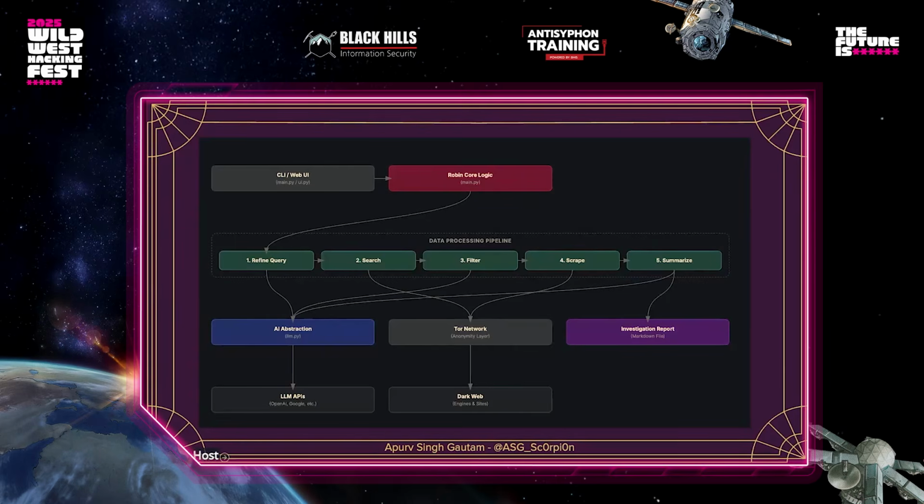And then at the end it is scraping. Once you have those 20 results, it finally goes to those sites, scrapes all the content, and at the end summarizes it. And in the summary, I will also show you the actual prompt I've used and how I've tuned it, so you can see how the output comes. It is all created thinking of what output we usually need as an analyst.